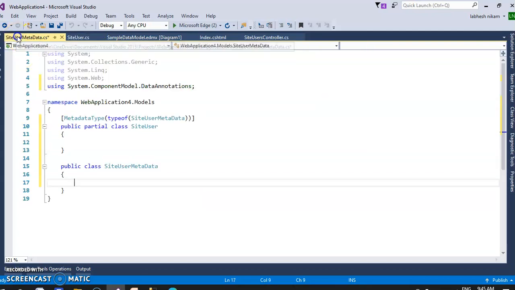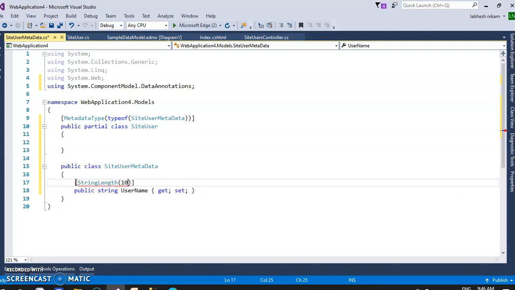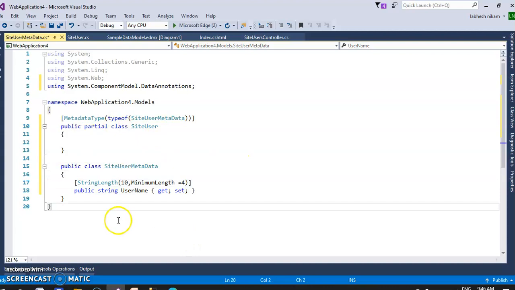So select this field, put it here and give it the required string length attribute. So StringLength, okay, give the maximum length. I want to use maximum length 10 and minimum length, so MinimumLength equal to, suppose, 4. Now these changes will affect this partial class. Okay. Let's save it, build it,